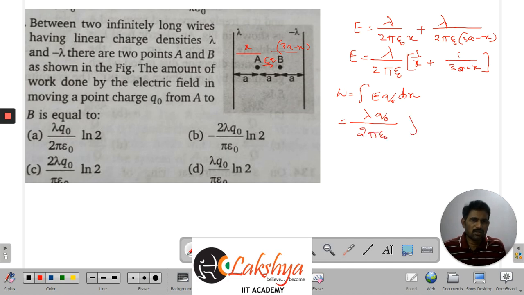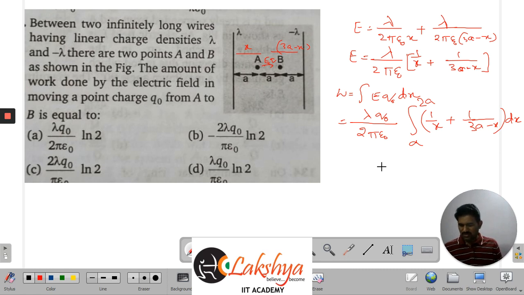taking it common here, then the integral of 1 by x plus 1 by 3a minus x dx. Now x varies from a to 2a, because we are displacing the particle from a to b. So just integrate and substitute these limits, then you will get the work done. Do that calculation, and you will get the expression as lambda q naught by pi epsilon naught into